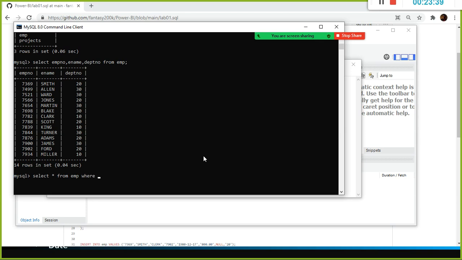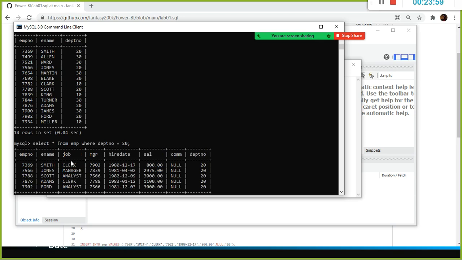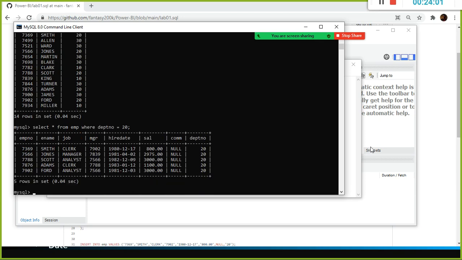For example, you can use a where condition, where department number is equal to 20. I wanted to see which all employees are working in department number 20. So here I am not selecting all the rows.